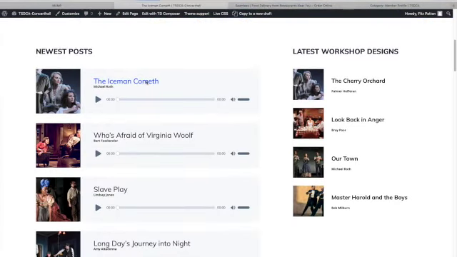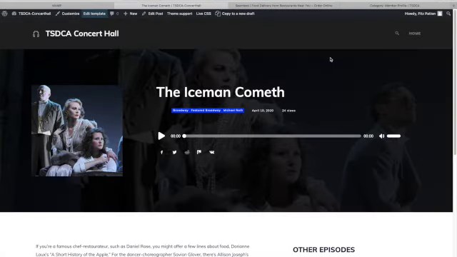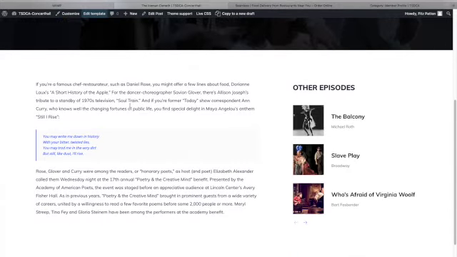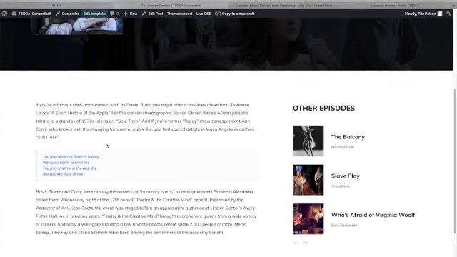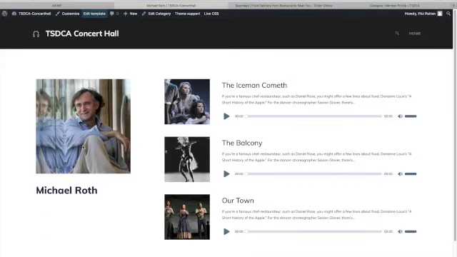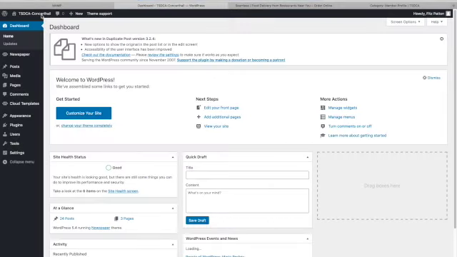you'll see a page that has been created for the post of the score. There's some text here which we can write or the composer can write. And you'll see other scores that have been posted by this composer as well. If you click the composer's name, it'll bring up their photograph, we could add some biographical information here, and you'll see other posts that have been created by them. To take a look at how the posts work,